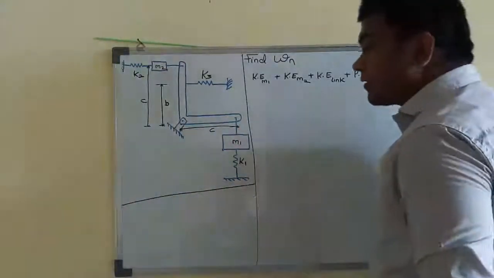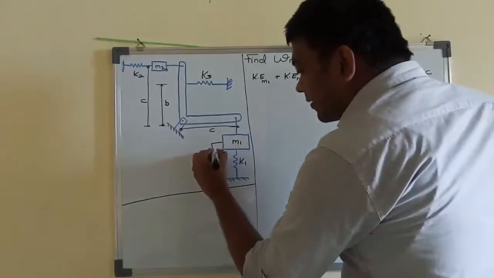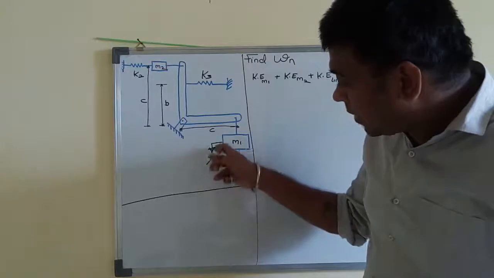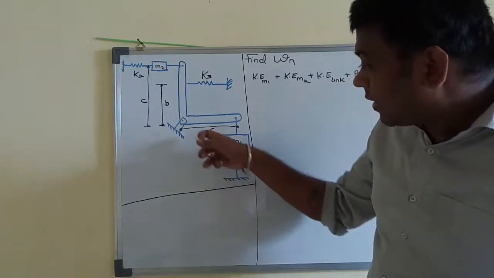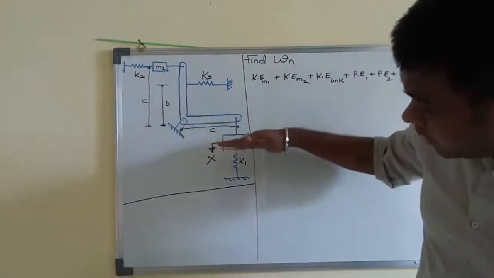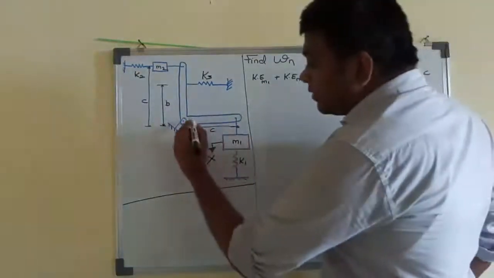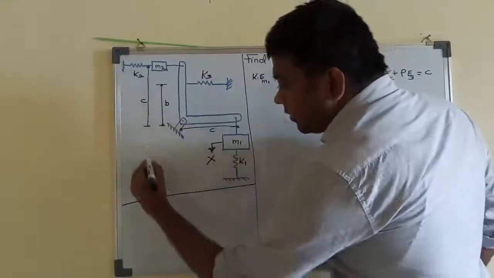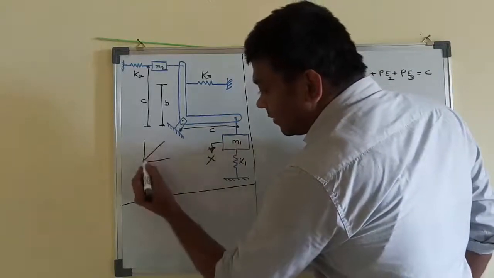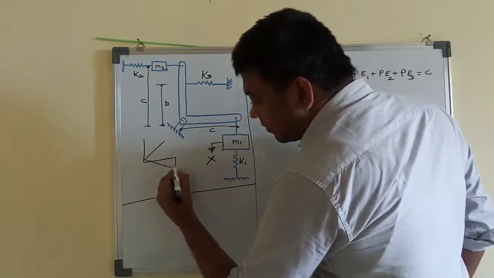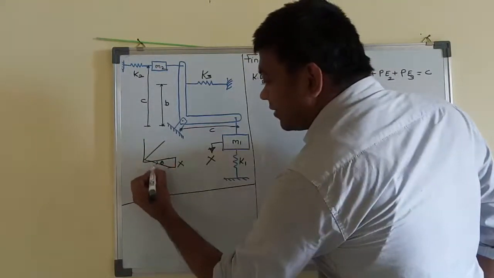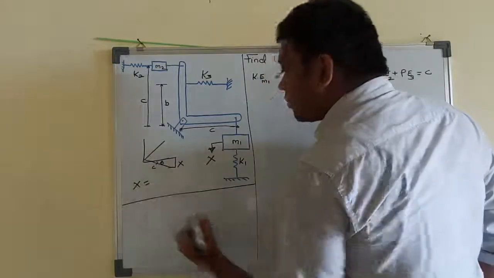Now what is the kinetic energy of mass m1? Let the displacement be x for the mass m. Whatever displacement there is of mass m, the same will be for the spring k1 and the same for the link, because as much as the link comes down, the mass will go down and the spring will compress. So suppose this is the figure here. Now if this rotates like this, this is the x and it is rotated by angle theta. What is the length? C. So you will get x equals c theta.